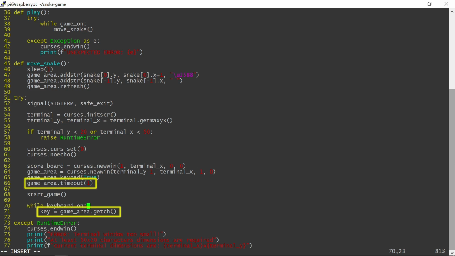Because I specified the timeout before, this getCharacter call is not blocking, and the program will only wait for a short time, specified in milliseconds with the timeout. Checking the keyboard 1000 times a second, as it is configured right now, would be a wasteful drain on the system's resources. I am planning to animate the Snake 10 times a second, so reading the keyboard with a 50 millisecond delay is a good compromise, allowing the keyboard to be read twice for each Snake movement period.